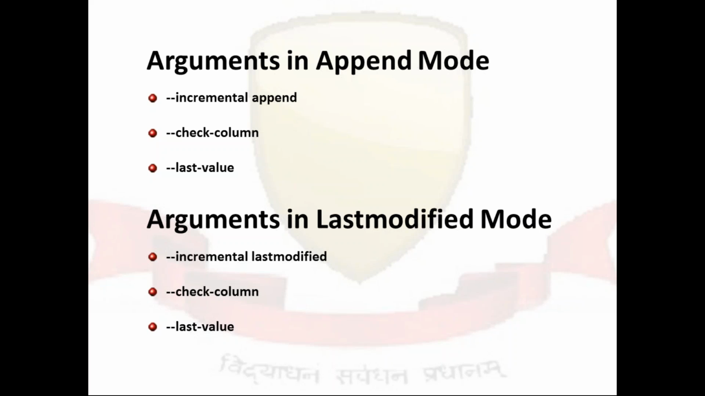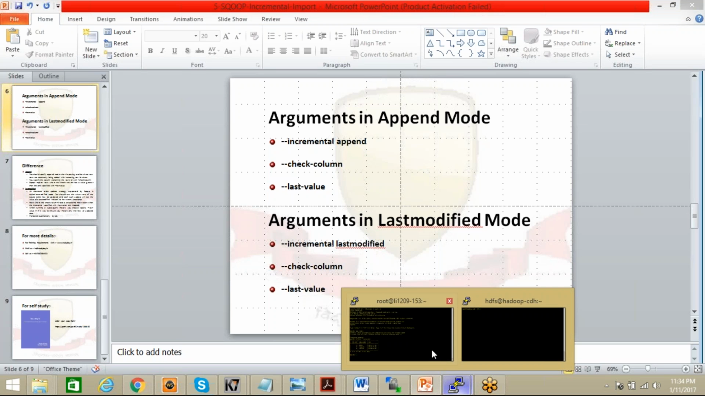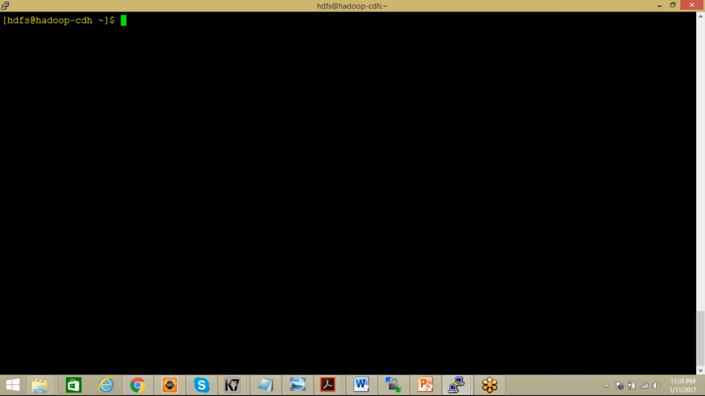So now let's go ahead and see some example on that. I have my table over here. This is my table wherein I have three values: employee ID, 1, 2, 3, employee name, and date of joining. So the first objective is I need to migrate this particular data to the HDFS. Okay, so let me open the HDFS screen here